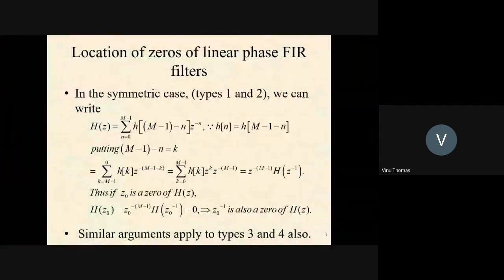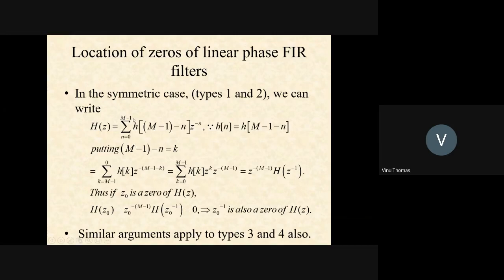So in today's class, we will look at some important observations about the zeros of linear phase FIR filters. We will start by looking at the symmetric cases, which are types 1 and 2 respectively. Now for types 1 and 2, you can write H(z) = Σ from n = 0